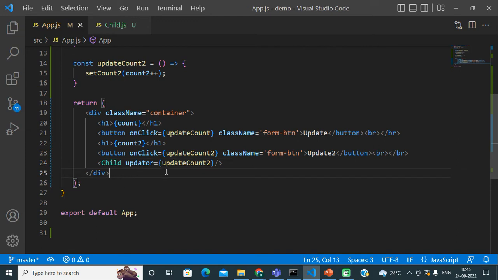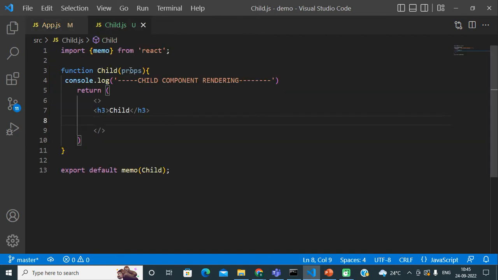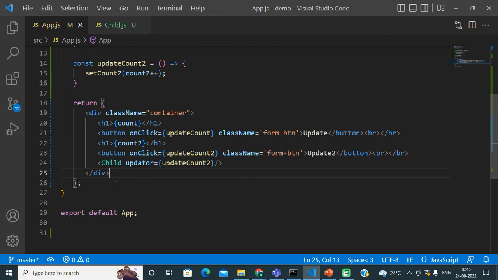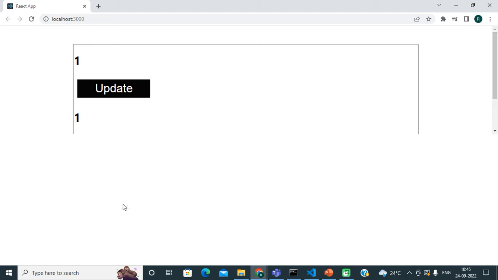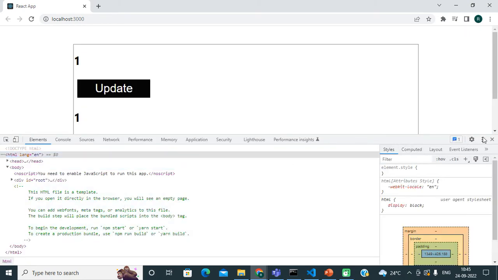If we pass this function as props to the child component and receive our props, after that we don't need to do anything, we are just passing props to our child component. In that case, if we again check our application, let me first maximize this console.